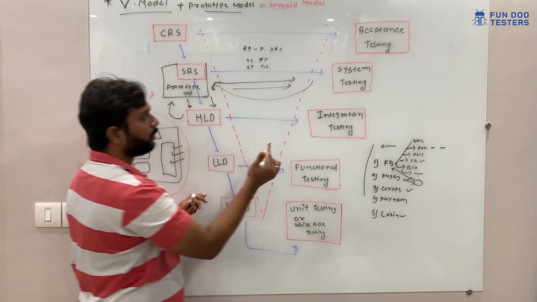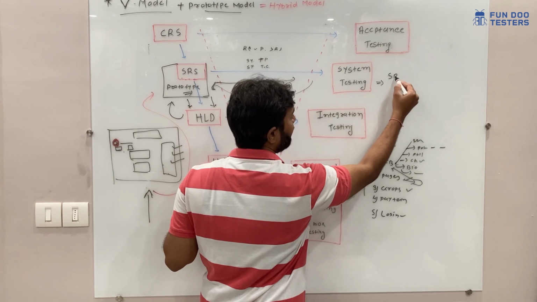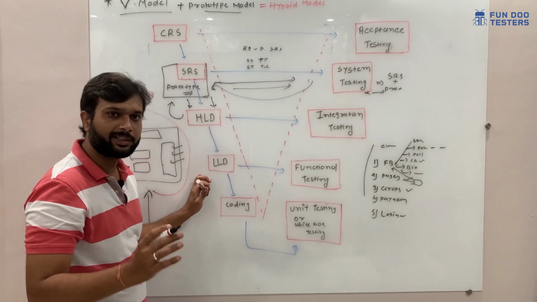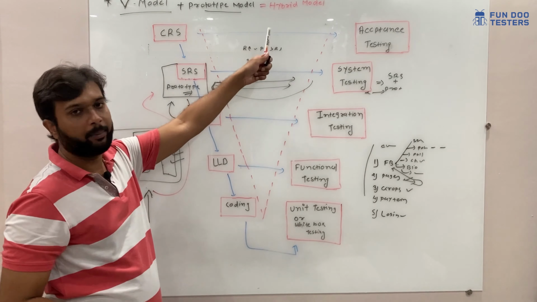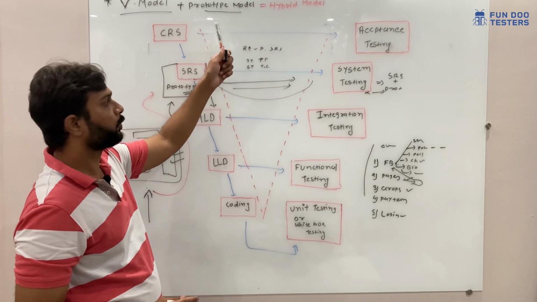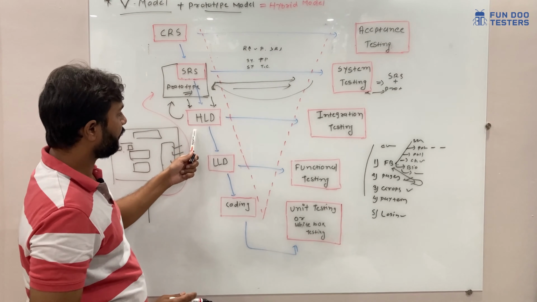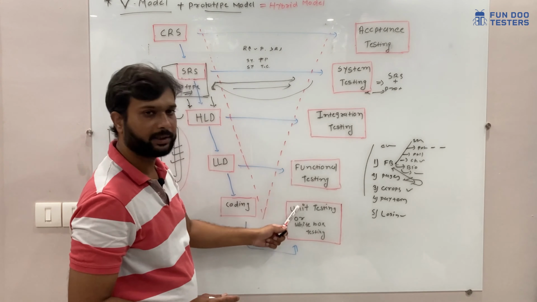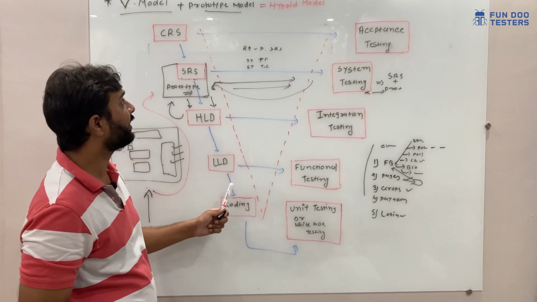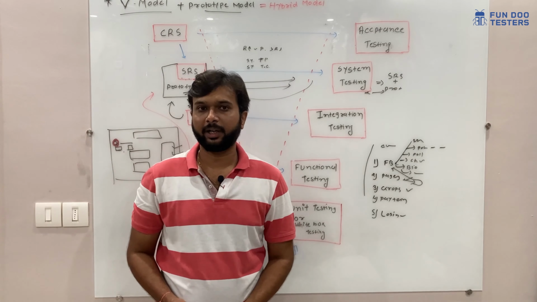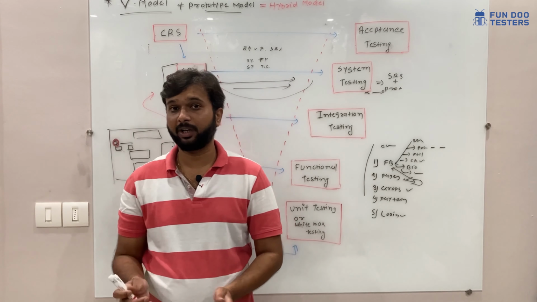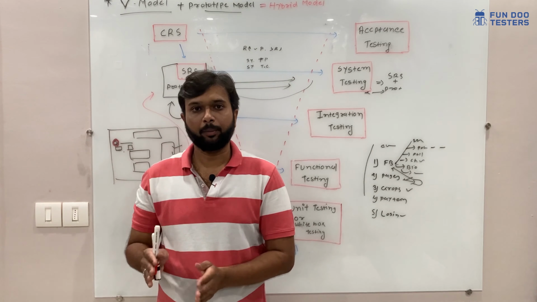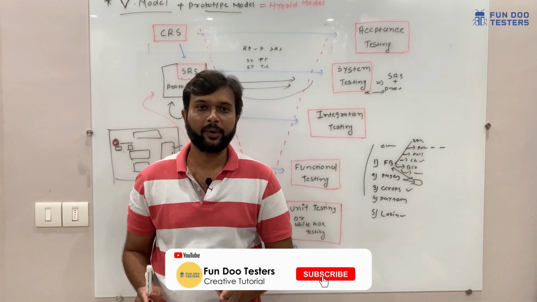Once it is done, we have tested our SRS plus we have tested the prototype in the system testing phase itself. That's why this model is known as a hybrid model, meaning V model plus prototype model. Once the prototype is ready, later on we will have the HLD phase, LLD phase and coding phase, and we will test all these phases simultaneously. So this is why this model is called a V model. And what are the advantages? The advantages are similar to the V model plus the prototype model, and the disadvantages are also similar to the V model and prototype model. So this is how the derived model works.